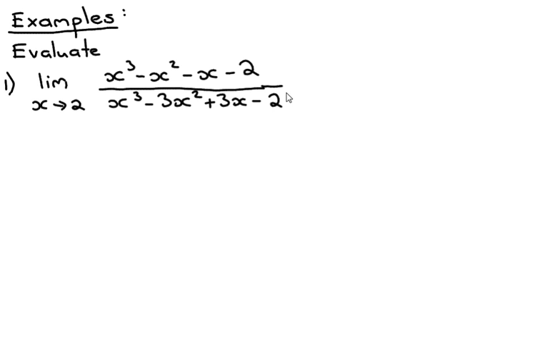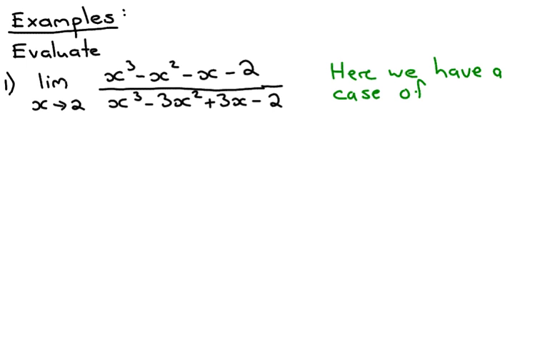Let's check if we get a 0 in our denominator. We sub in 2 here. 2 cubed is 8. 3 times 2 squared, so it's 8 minus 12 plus 6, okay, minus 2 also gives us 0. So we can see here we have a case